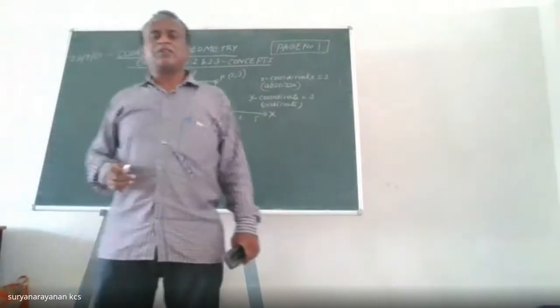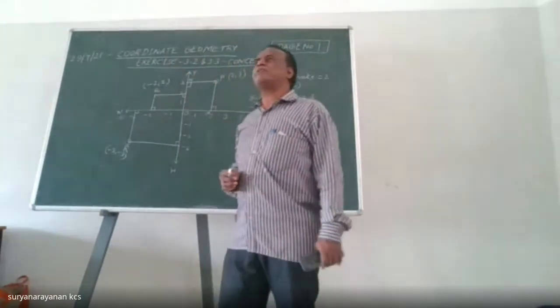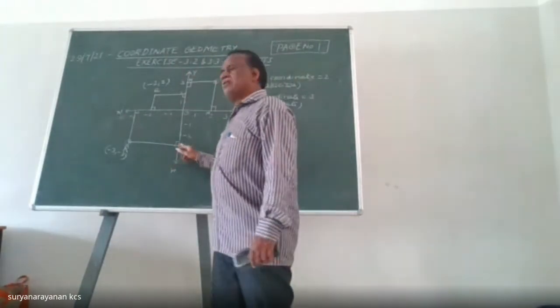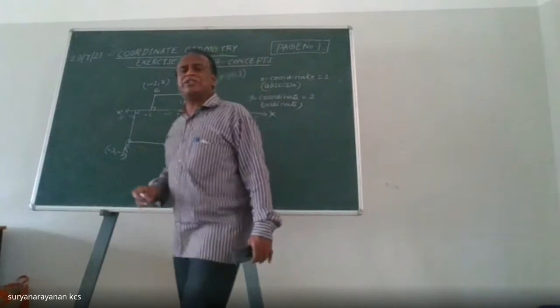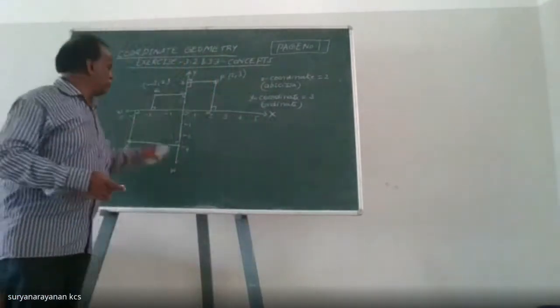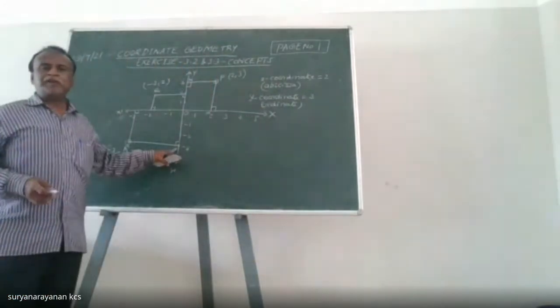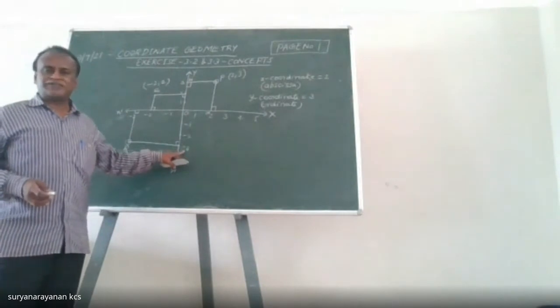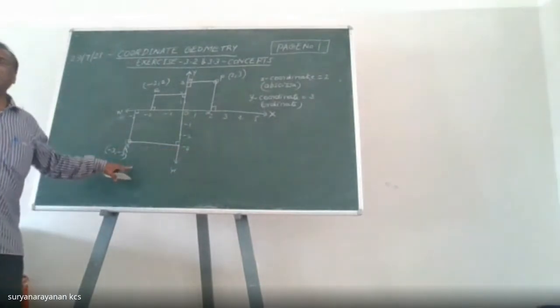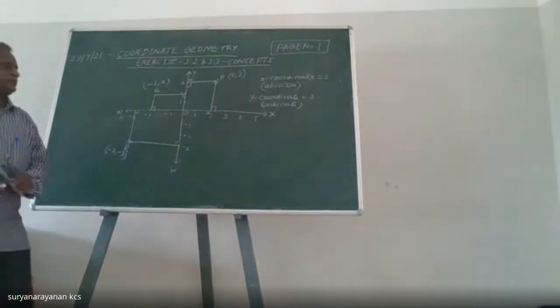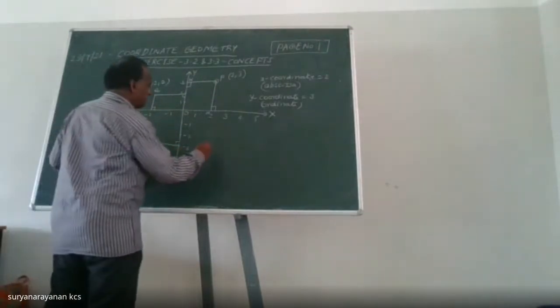Where this perpendicular line meets the y-axis, that number denotes the y-coordinate of the given point. So here this perpendicular line meets the y-axis at -3. So -3 is the y-coordinate of this point. Similarly,